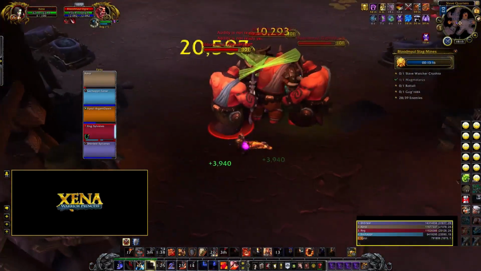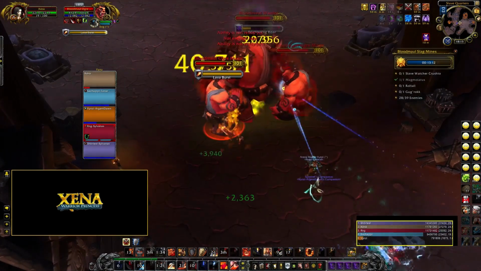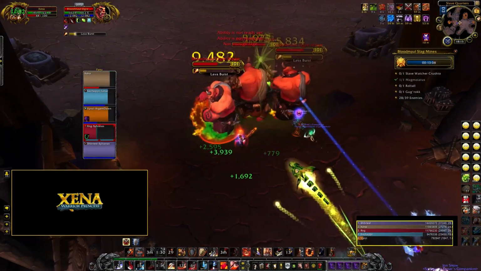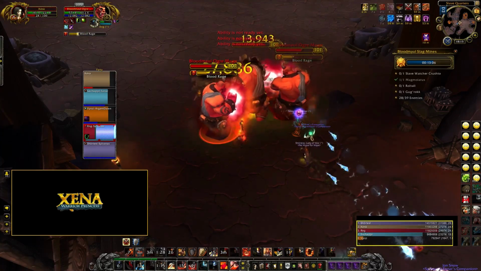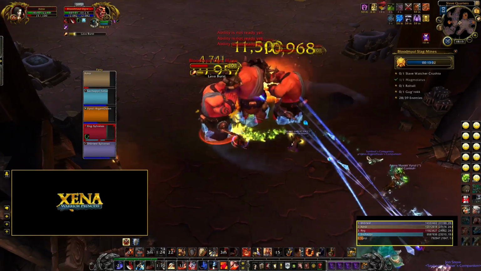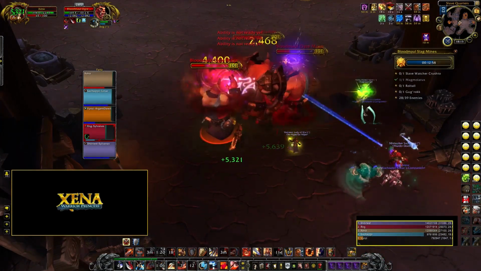This pack before the next boss will have those 2 mages or shamans again, and one guy in the middle, he will cast a fear. So again, you need to interrupt as much as you can and spell steal the bloodlust really fast, otherwise you cannot interrupt them anymore. So watch out for the fear, that's what you really need to interrupt, the fear from